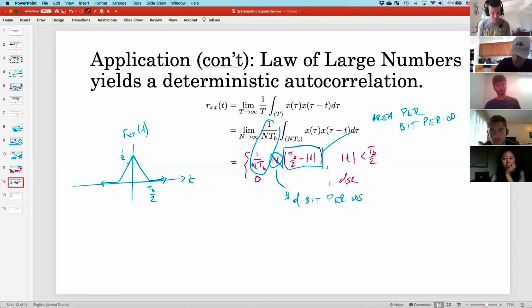But the payoff, the real point of this is, look, we have an autocorrelation. We have an autocorrelation that doesn't depend on anything random. We have a concrete closed form deterministic expression for the autocorrelation. It's piecewise, sure, but it's deterministic. In fact, it's also in your Fourier tables. So if I Fourier transform this,